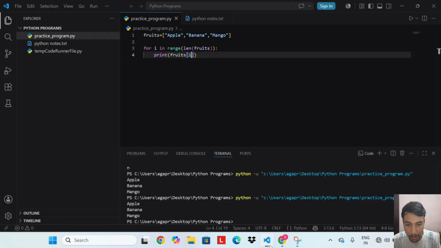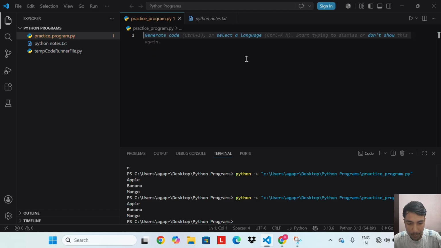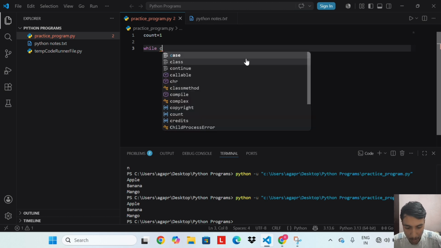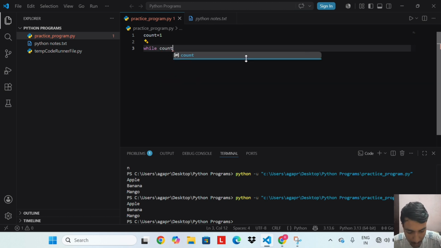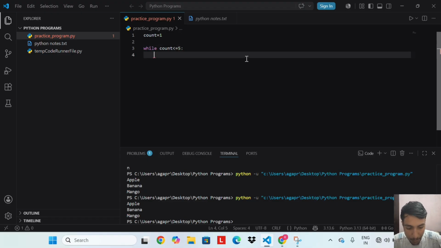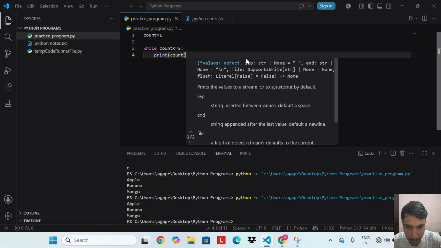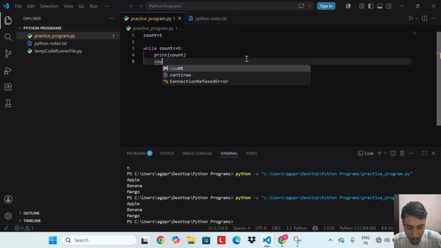Let's do an example. count = 1, while count <= 5: print(count), count += 1.